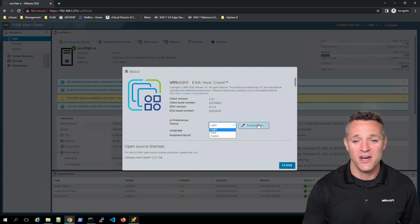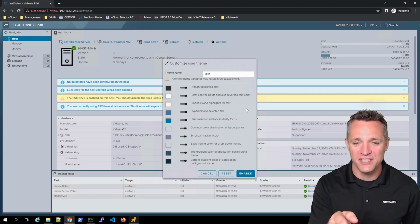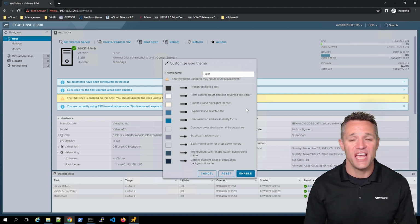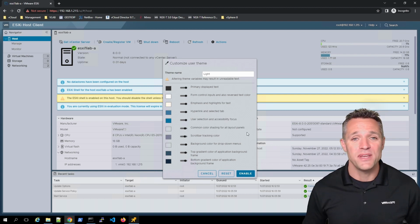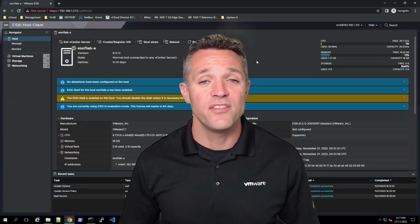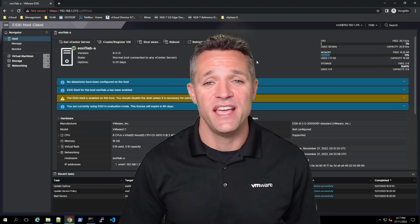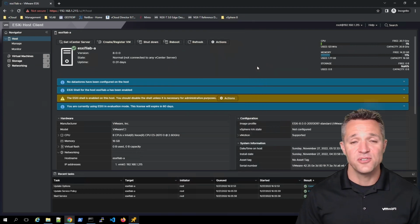We click on customize. You can go ahead and select any part of the web UI components listed here, and you can change the color to anything that you want. Not only can you change the color, but you can also use the slider bar to change the opacity as well. Once you've made your changes, you then simply go ahead and click on the enable button. I haven't made any custom changes, but I did go ahead and select the dark theme, and this is what it looks like. In the center of the screen here, we've got a couple of notifications that have popped up,